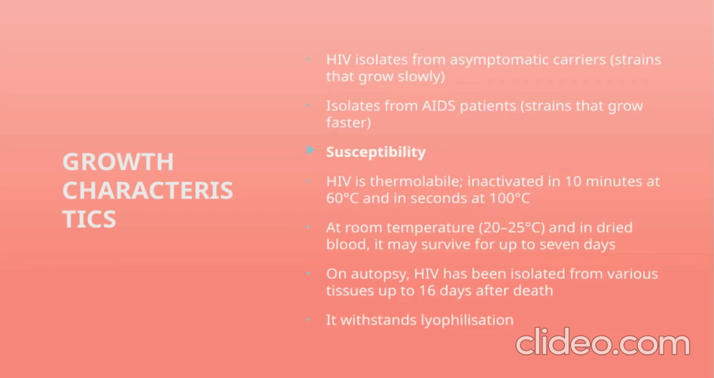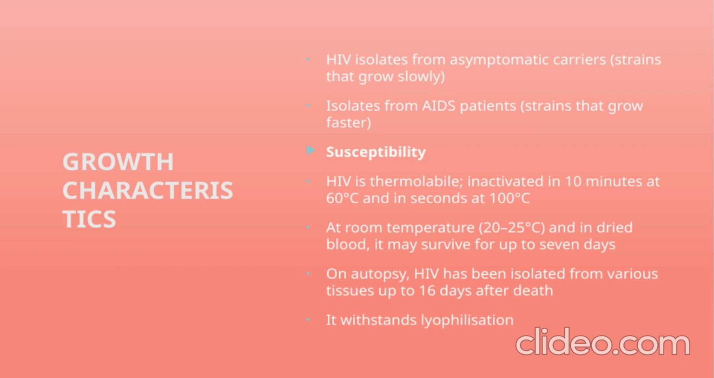Let's start by looking at the isolates from different carriers and patients. HIV isolates from asymptomatic carriers, those who don't show symptoms, tend to be strains that grow quite slowly. In contrast, isolates from AIDS patients are usually strains that grow faster. This difference in growth rate can tell us a lot about the progression of the infection and how the virus